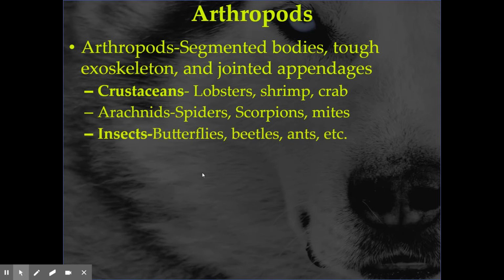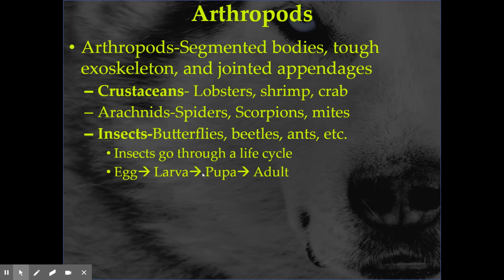Again, very, very crazy diverse number of critters here, so we have to be kind of general and vague when we're going through the highlights of them, because there's a lot of very distinct characteristics. Insects especially tend to go through a very pronounced life cycle, so they don't look the same their whole existence. So an adult insect will lay an egg, the egg will turn into a larva. The larva does not look like the adult at all. It turns into a pupa, where it then metamorphoses into its adult form.